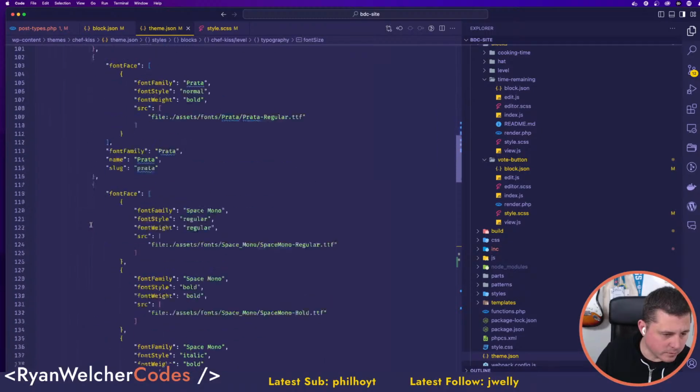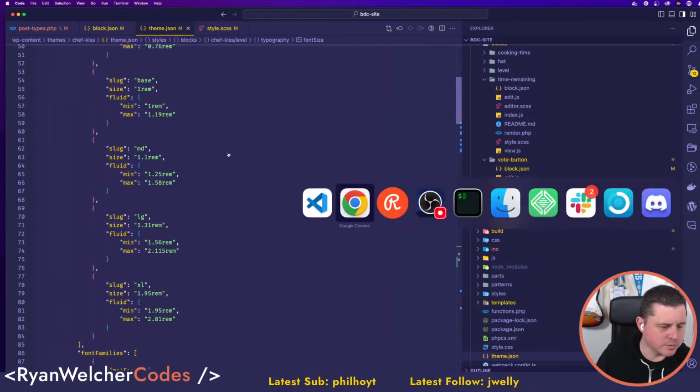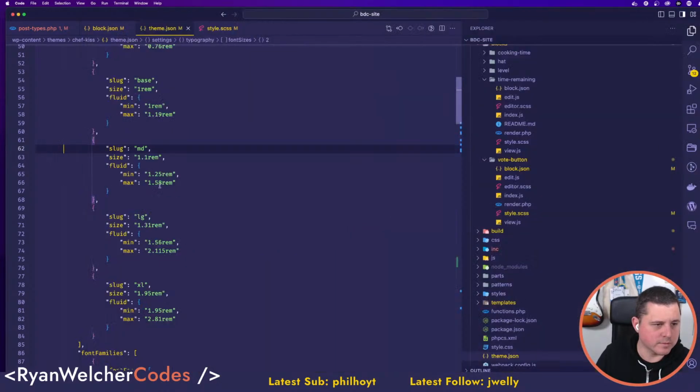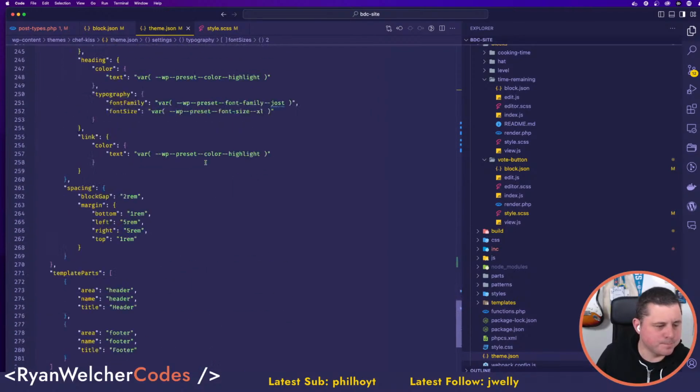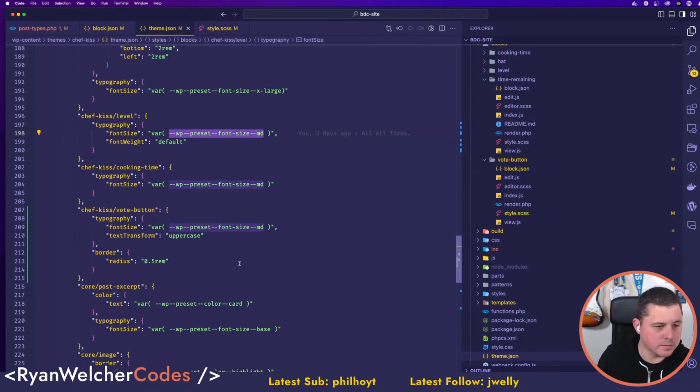See, I've defined all of my sizes. That way, so I have base, small, base, medium, large, XL. Okay, so that button should be probably the same size as this, where it says skill level. So let's go in there and look for the skill level one. Level and medium. Okay, so then the font size for the vote button.